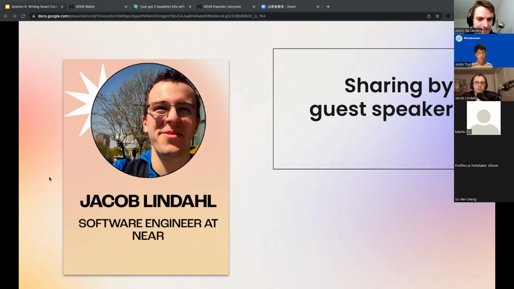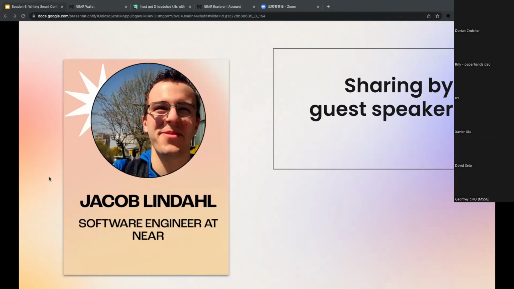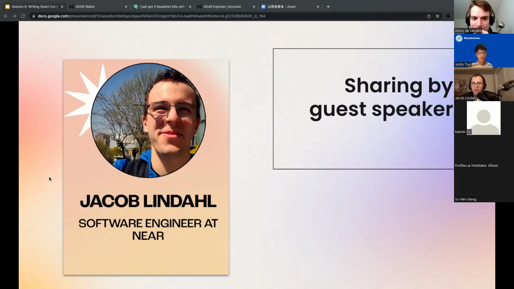Right. So let's talk a little bit about some of the opportunities available in the Near ecosystem. And I'll try and make this quick because I understand that for many of you over in Hong Kong, it's pretty late. So I'll run through this as quickly as possible. Also, if you have any questions, don't hesitate to unmute yourself or just put them in the chat. I'll be monitoring that